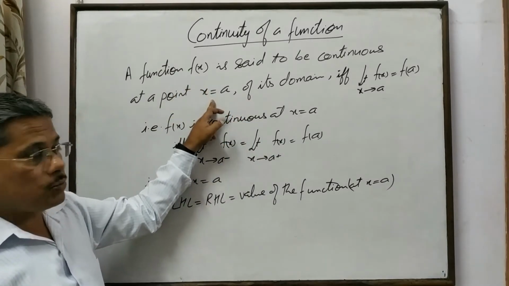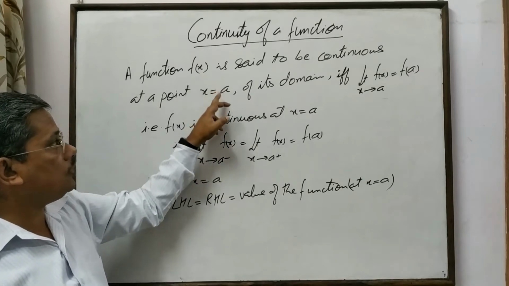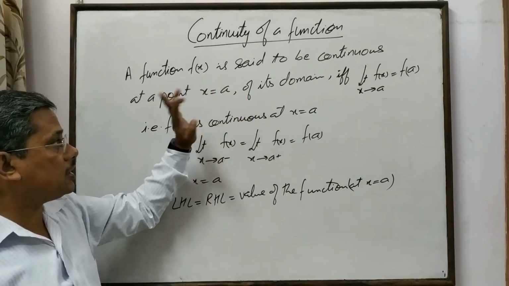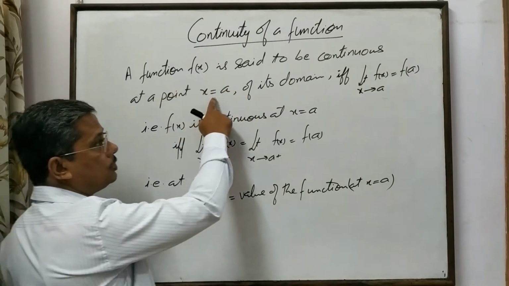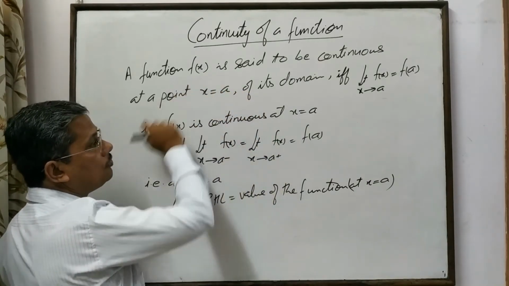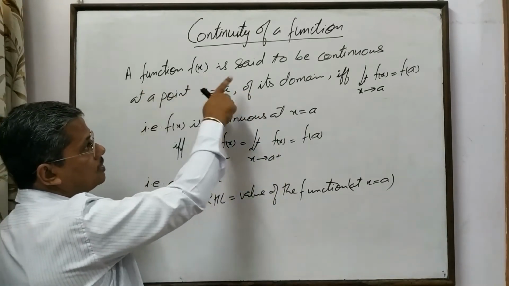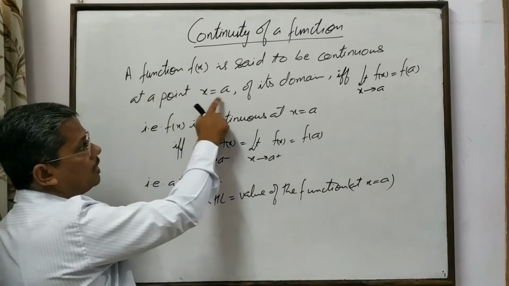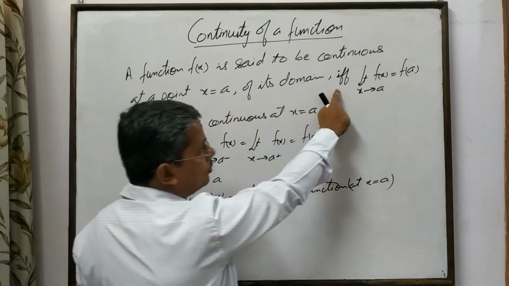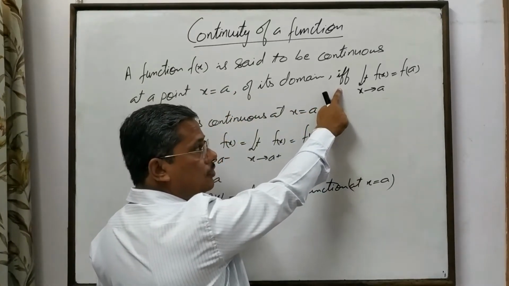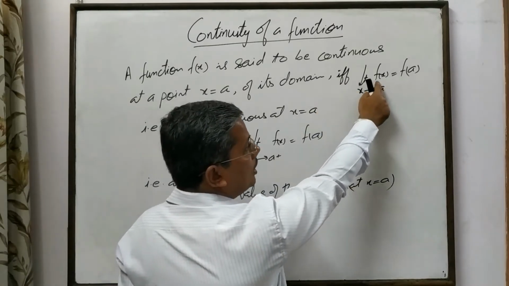If the point does not lie in the domain of f of x, then we do not check the continuity of the function at that point. So the point should lie in the domain of f of x. A function is said to be continuous at a point x is equal to a of its domain if and only if, IFF stands for if and only if,